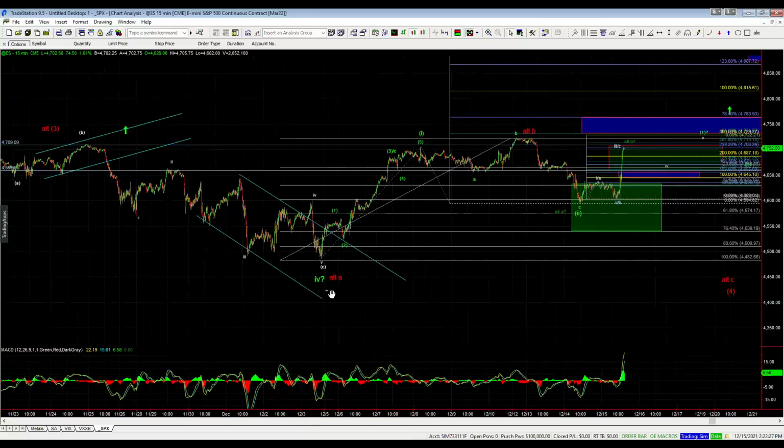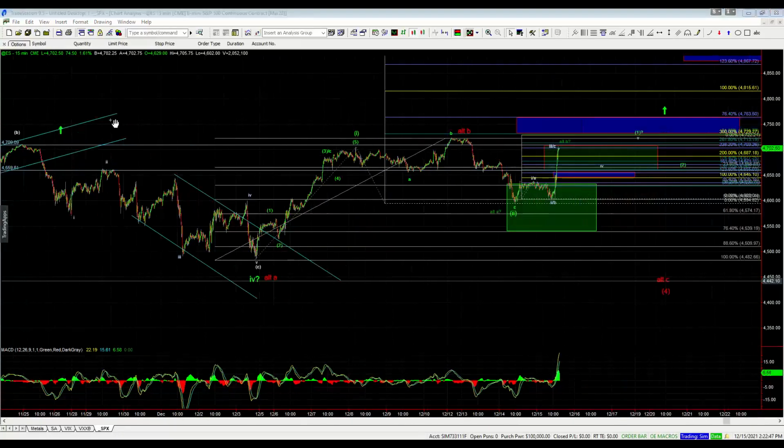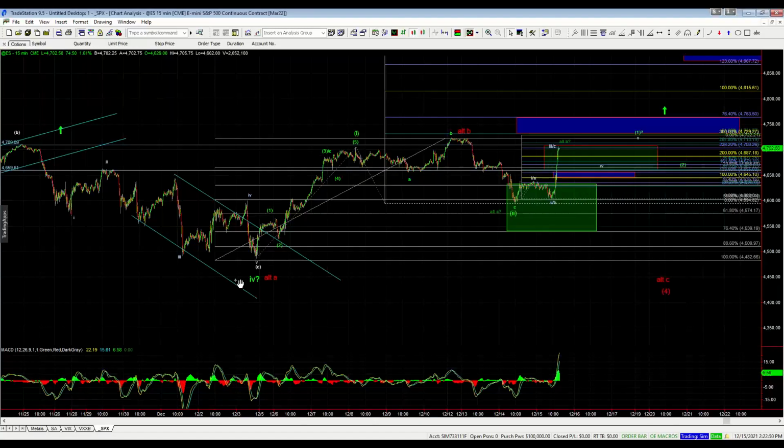So this could have been the entire correction in wave 4, because it's A, B, C, only 3 waves, or it could have just been an A wave, still needing another B wave higher to complete before seeing a C wave down for that wave 4. This is going to answer 2 questions in one. So this is a real world example of that question. Really we don't know if this is the bottom of wave 4 or the bottom of a wave A until we get a full 5 up off of the low,